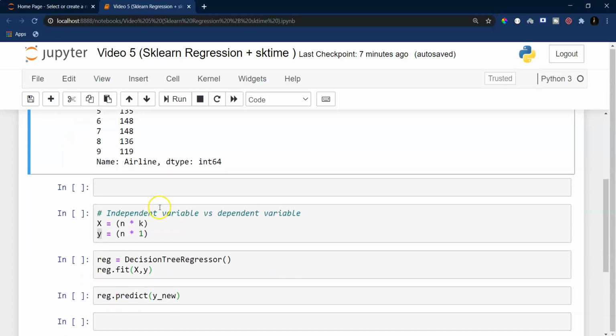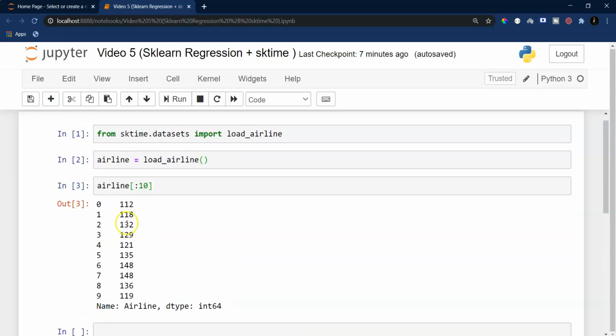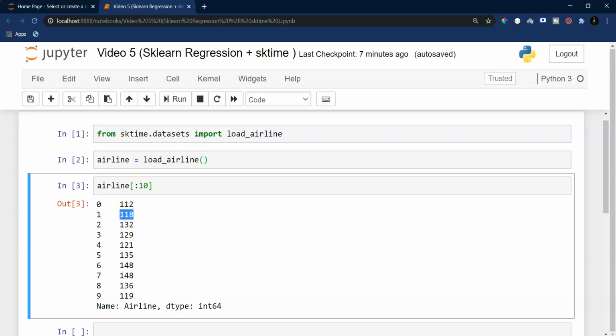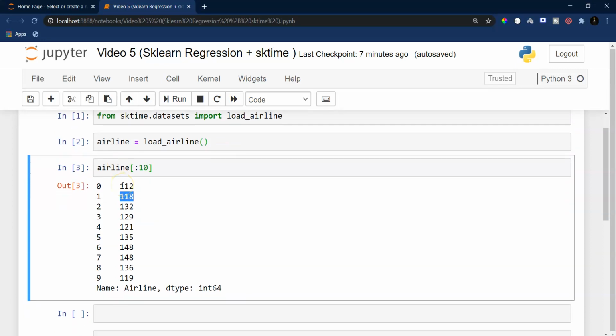In this manner, I can say this 118 value can also be predicted using the previous 10 values. Now you might ask that right now we don't have previous 10 values, but we can lose the information about the first 10 values, because for them we don't have the previous 10 values.